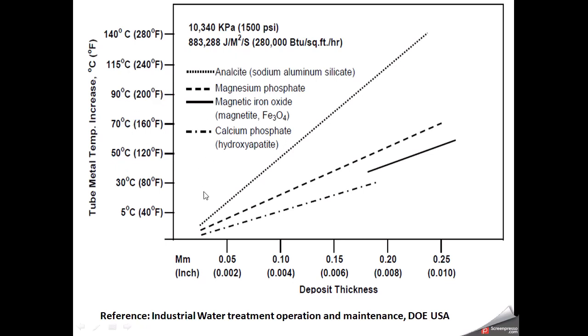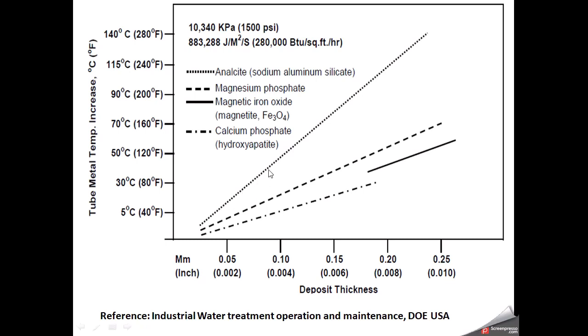You can see magnesium phosphate, this is the second line, then magnetic iron oxide, which is due to the corrosion product, here is the line, and calcium phosphate or hydroxyapatite. So you can see, except for magnetic iron oxide, if slight scaling occurs, it will start increasing the temperature. If you look at the 0.05 mm thickness and it becomes double, you can see the temperature, which is around 15 degrees centigrade, now reaches